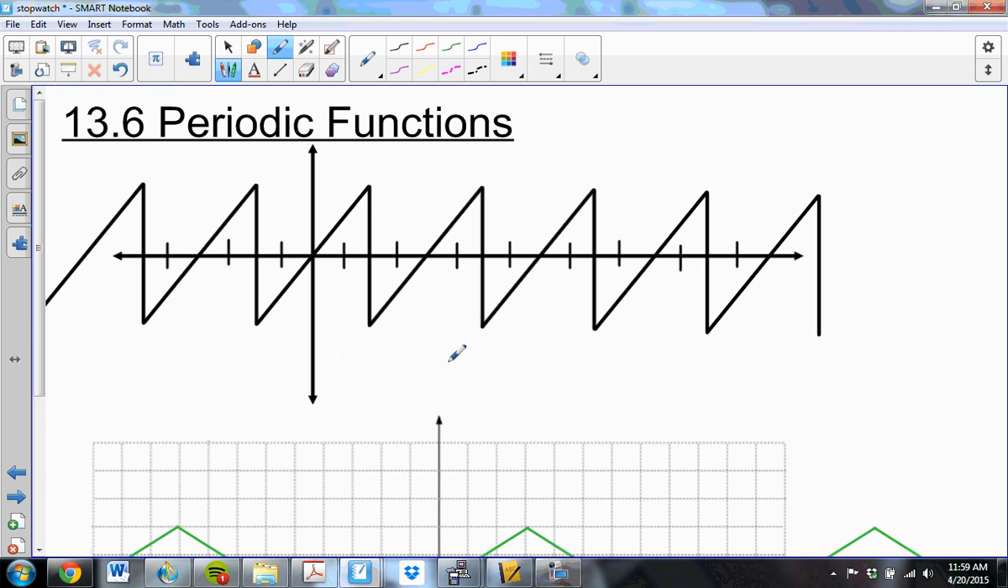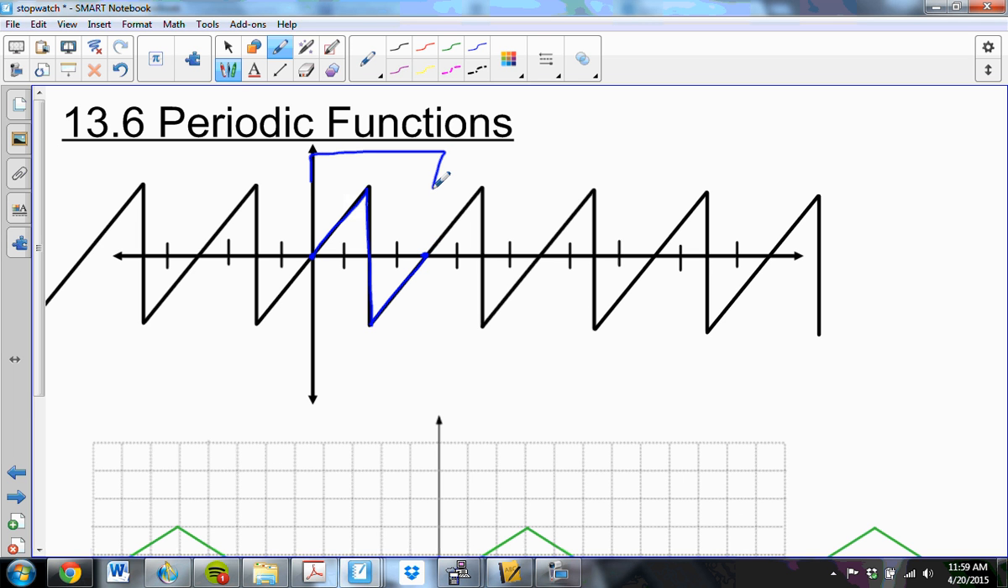13.6 is periodic functions. The book calls these circular functions as well. A periodic function is any function that has a repeating pattern that happens over and over and over. So here in this case, if I traced from the origin and go up at this angle and shoot down and then back to this spot, and if I stop there, that gives me what's called one